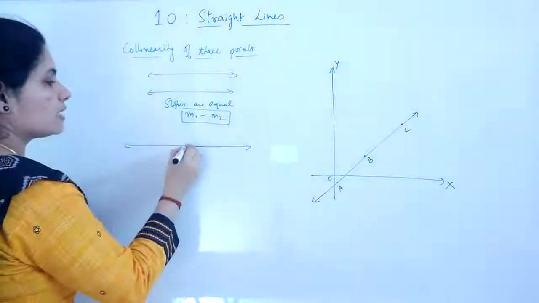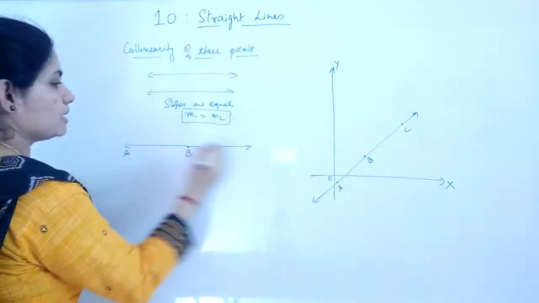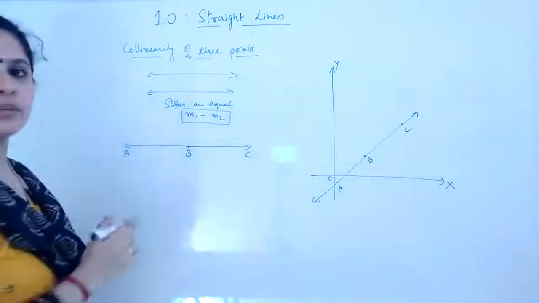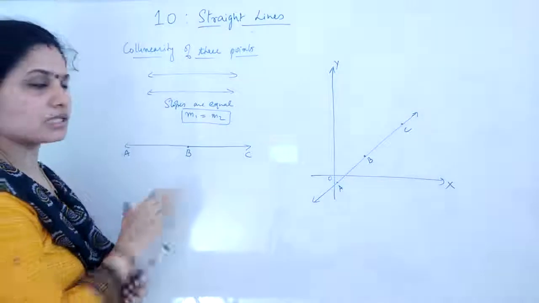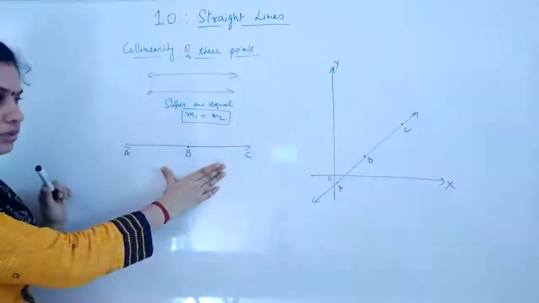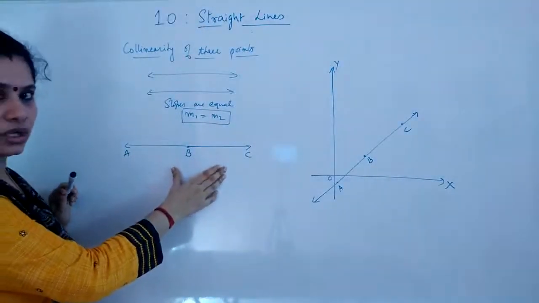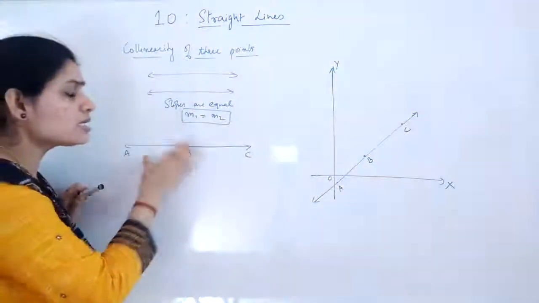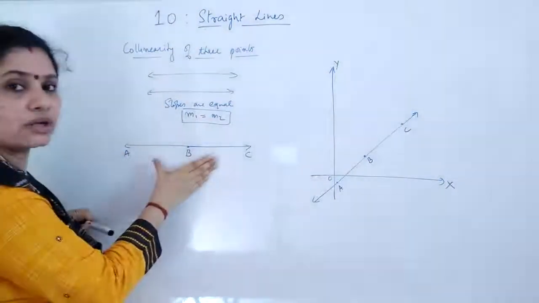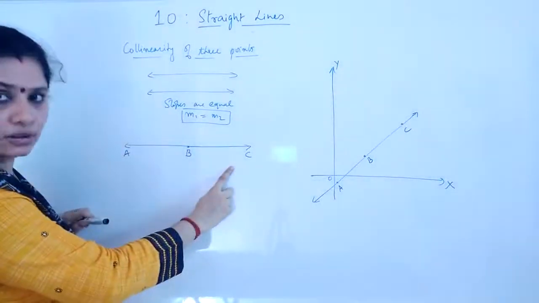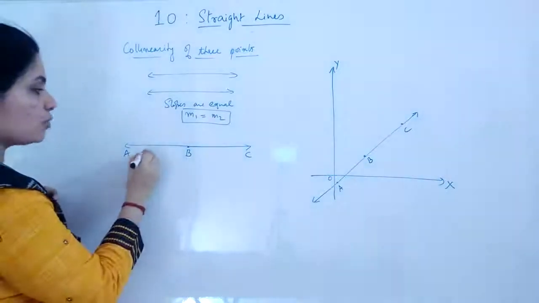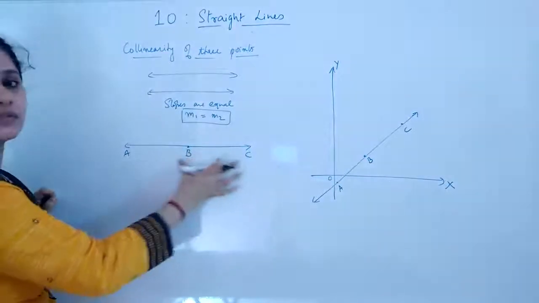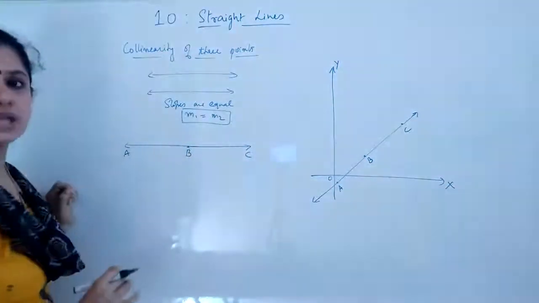Then they must be like, this is a common point, suppose B, A, B, C. Okay. So AB is a line, BC is a line and B is the common point through which the two lines should pass, means you have this condition because their slopes are equal. So this is the only way they can occur. Okay, at that point you can say that the 3 points are lying on a line. Now what is the condition for 3 points lying on a line? If the 3 points are lying on a line, then you can say that slope of this will be equal to slope of this line. Or if the slopes are given to be equal, you can say that the 3 points are collinear.